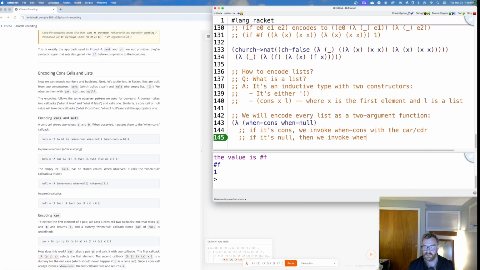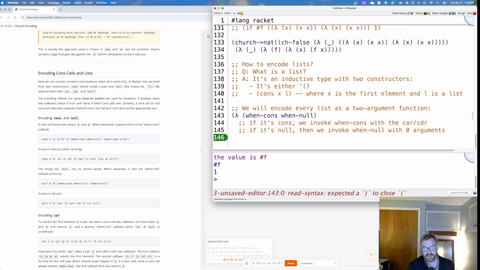If it's null, then we invoke when null, or when empty, with 0 arguments. All right, so if it's null, then we invoke when null with 0 arguments. The fact that it's null tells us that it's not cons, but it doesn't tell us anything else, right? We don't know anything other than the fact that it's null. The empty list doesn't really carry any information. It just tells us, well, you're not a cons cell, you're definitely null, and you can use that to determine the base case. Okay, so